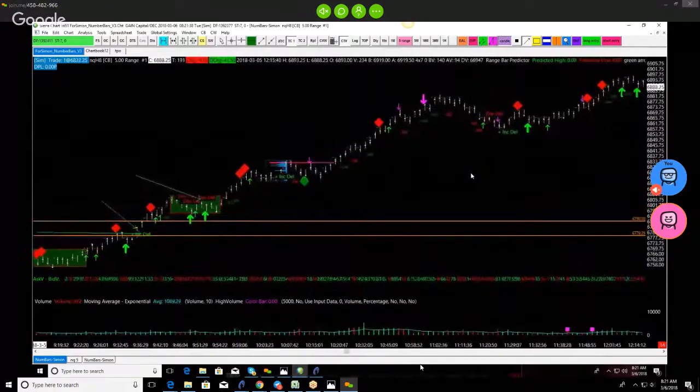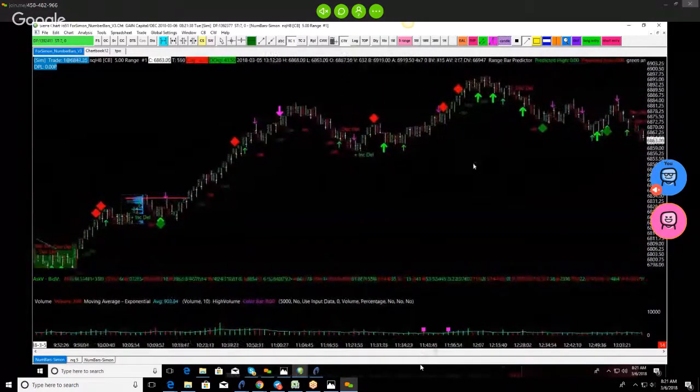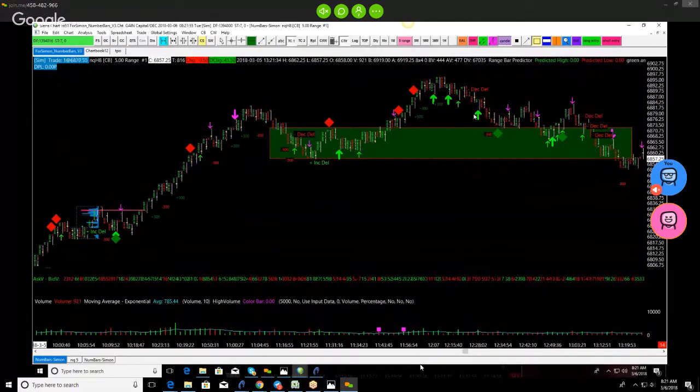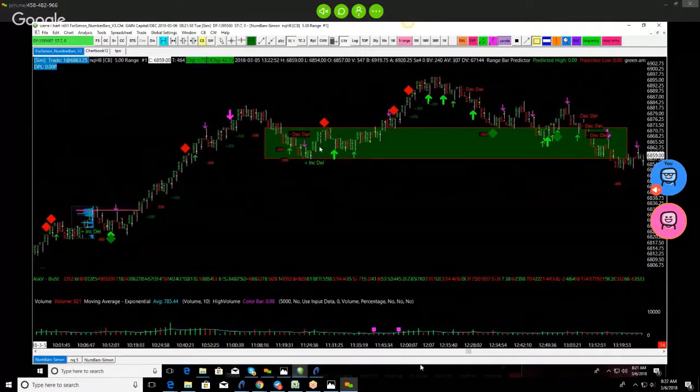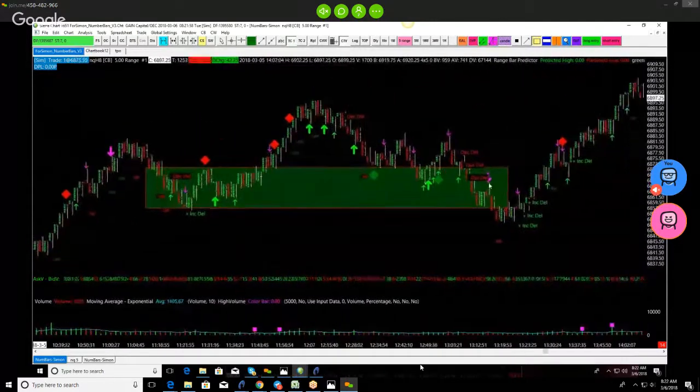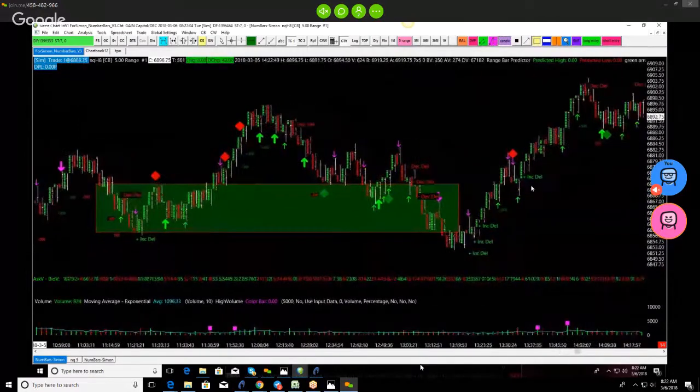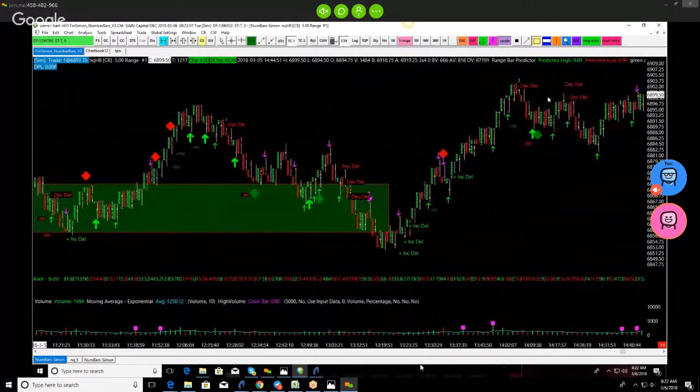So what am I looking for today, right? So notice these are the delta pushes down through here. So notice this is my next major area where I get a delta push down. See this right here? Notice that when I push back below, where do I push back below? Right into my delta push down. Then I get a delta push down. Now notice, once we get underneath, right? Delta push up, right? Delta push down again.